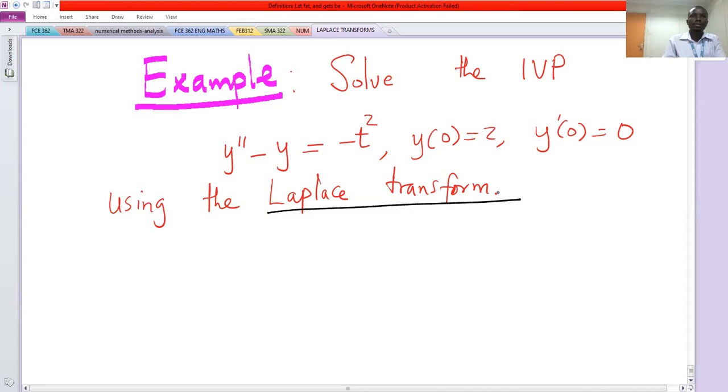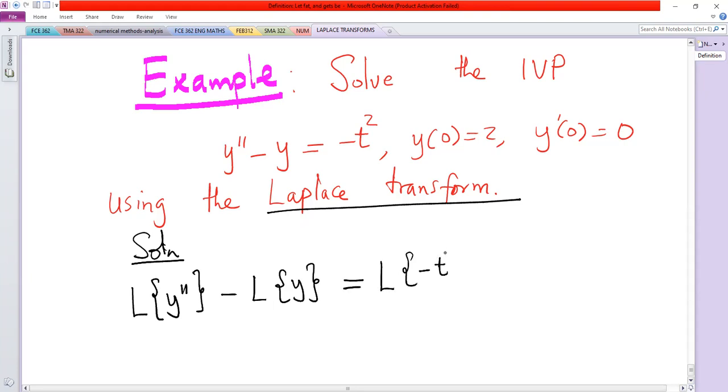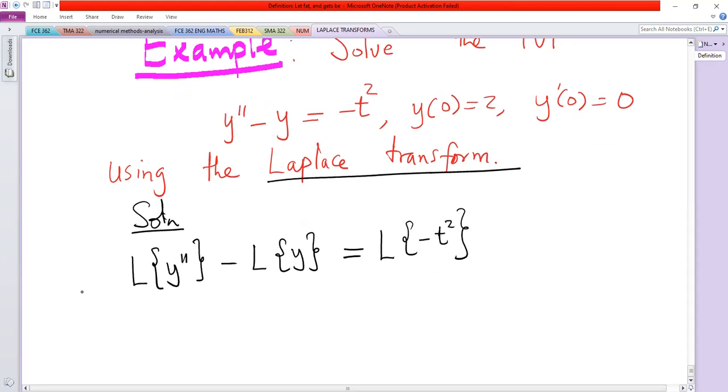So let's discuss the solution to this problem. The first thing, we take Laplace transform on both sides of the differential equation. So I will write Laplace transform of y double prime minus Laplace transform of y equals Laplace transform of minus t squared. That is usually the first step. And then the second step, we know that